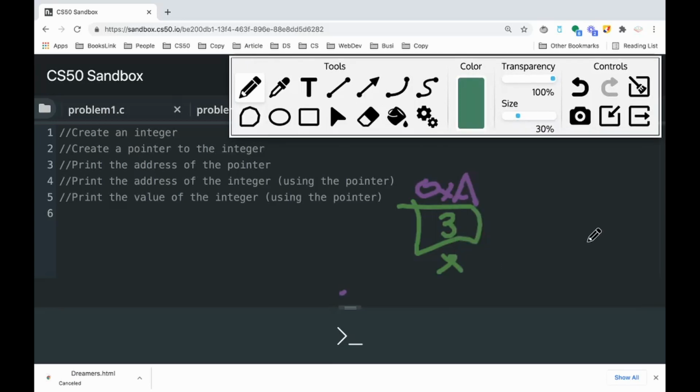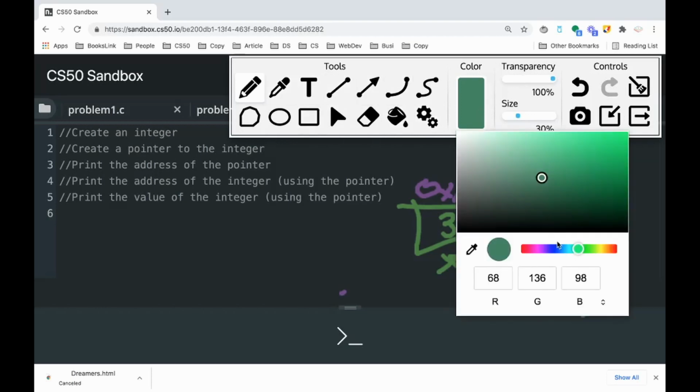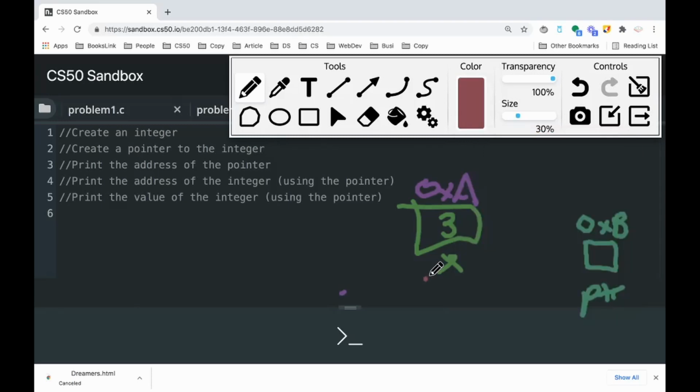So I'll call this pointer ptr. A pointer also has an address. It's just a regular variable. What's the only difference between a regular variable like x and a pointer? Instead of holding a value like 3 or 4, a pointer holds other variables' addresses. So what ptr will hold is the address of x, which is what? 0xa. Observe it's not holding 3, which is the value of x, it's holding